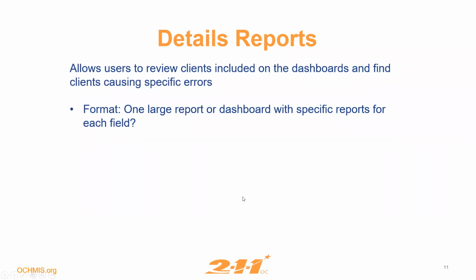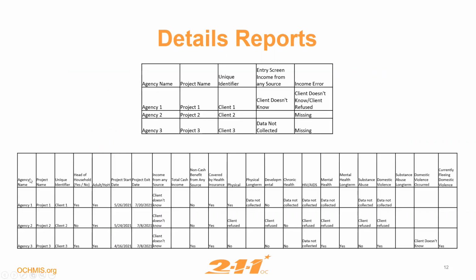But one question I wanted to get feedback on from the group is the format of that. So what we could do, for example, on the data completeness report is we could give you one big chart like this. So it would be an Excel document. It would list the agency name, project name, and then all of the fields that are on the data completeness report. And then you or your other users would have to do your filtering and figure out where the issues are. The concern with this is it